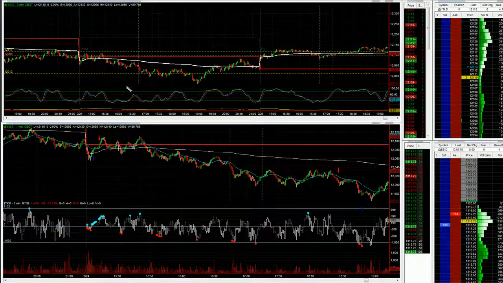Even if I'm not so keen on the trade, if the stop's in a logical place and the reward is decent, I'll still take it. So there's the long, there's the stop, there's the exit. Straight out of all of the gap. I've got time to mess around with scaling on that sort of trade.